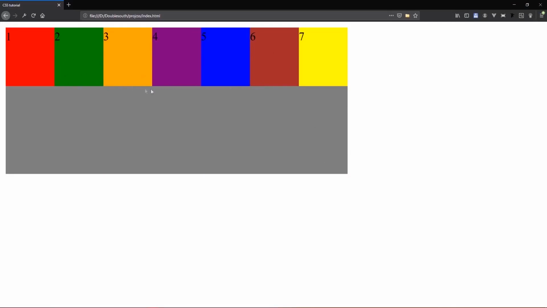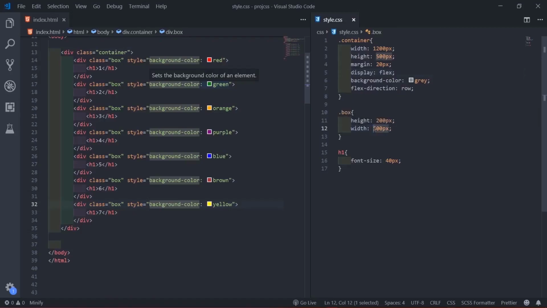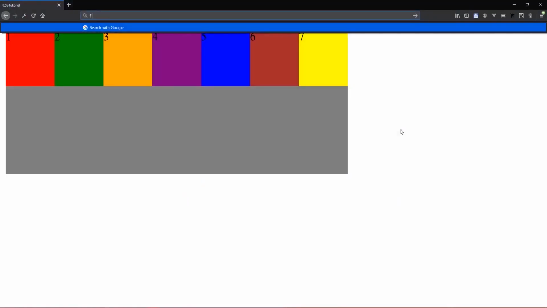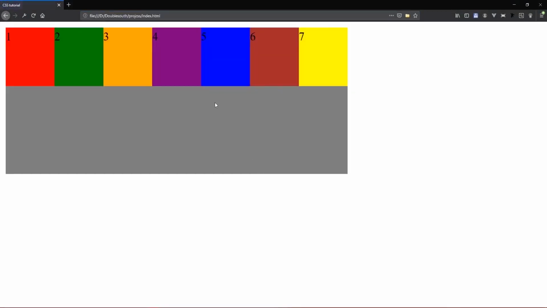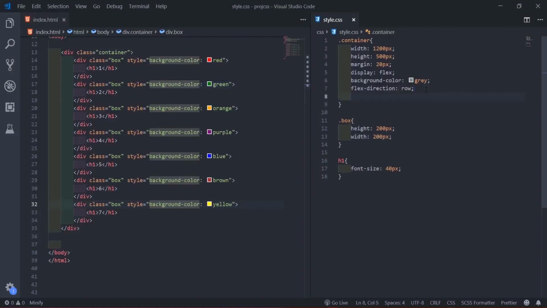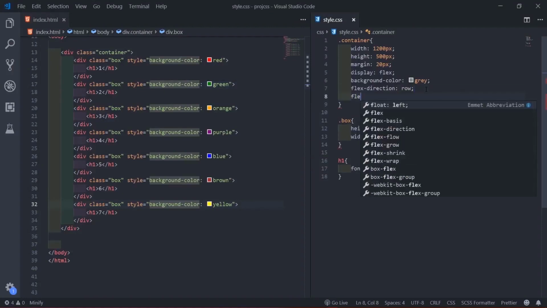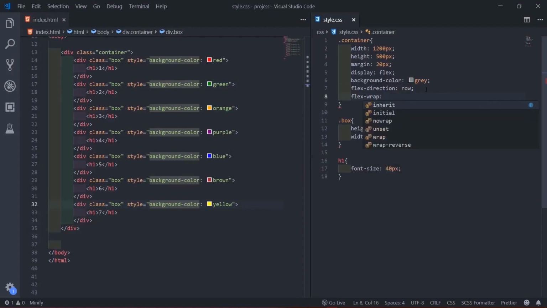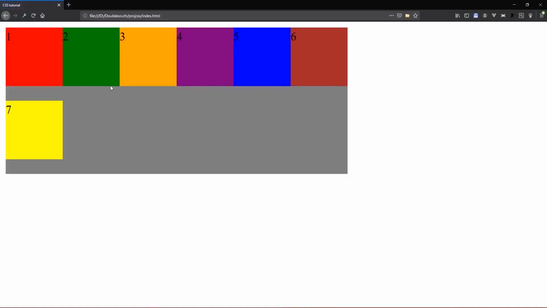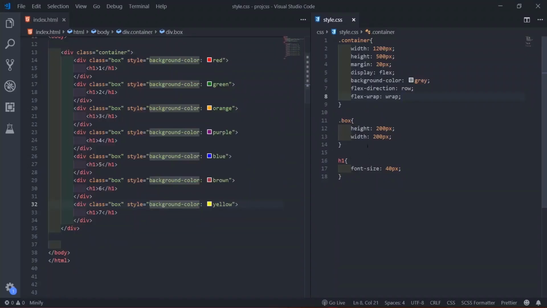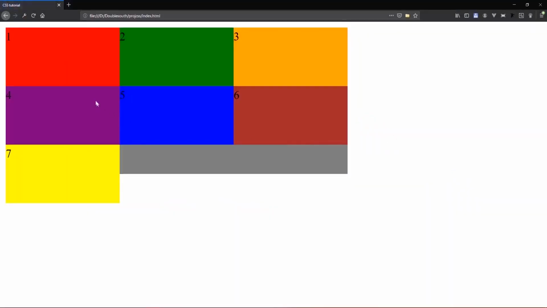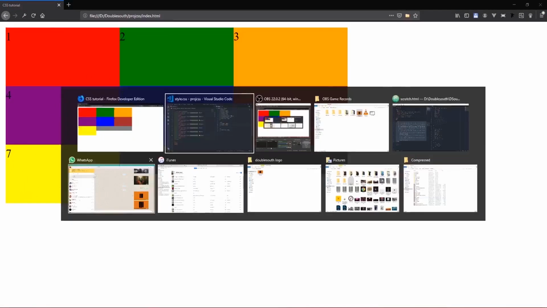So if you want the width to show, what you do is you come here and say flex wrap. Then you say wrap. When you do this, when you reach the ending, it will break under. So if I say like 400, you see when you reach here, 1, 2, 3, it breaks. 1, 2, 3, it breaks like that. You see, so then I wrap.